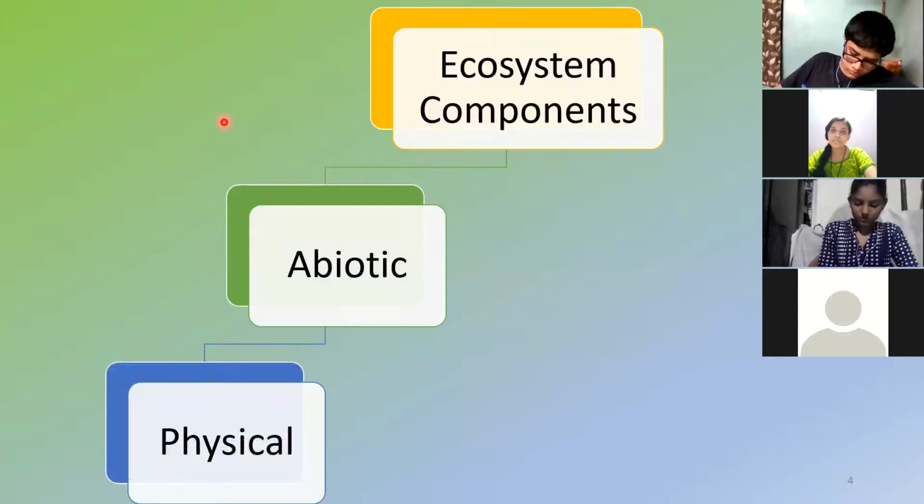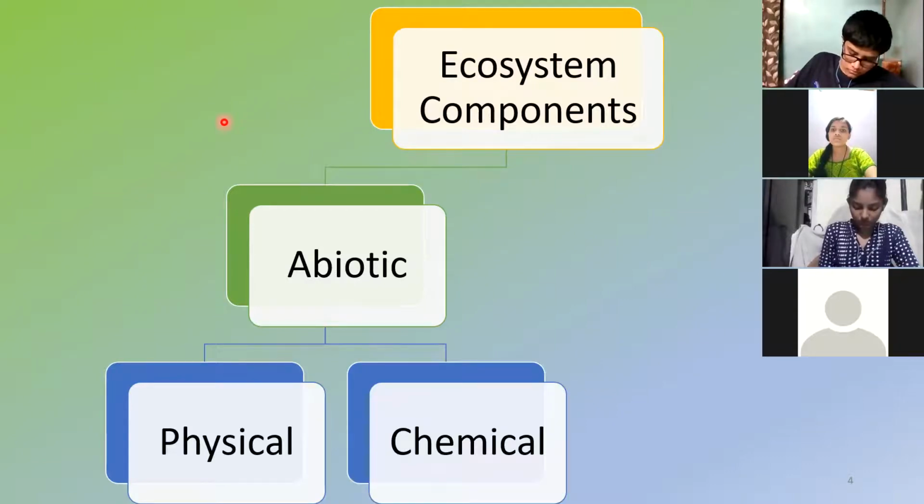So when you say abiotic component, they can be physical components. Physical component means, like you can say water. No, not water, sorry, light. Light is an example of a physical component. Because in science, you must be studying about light also. You'll study ray diagrams and all. You know very well they are electromagnetic radiations of short wavelength. Even sound. Correct? They are all physical components.